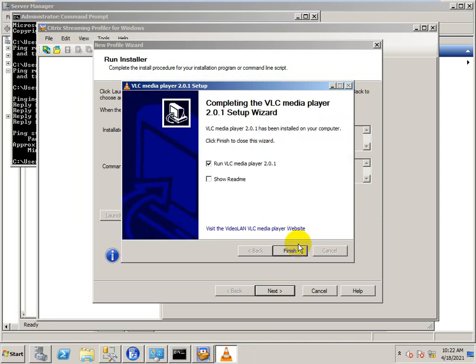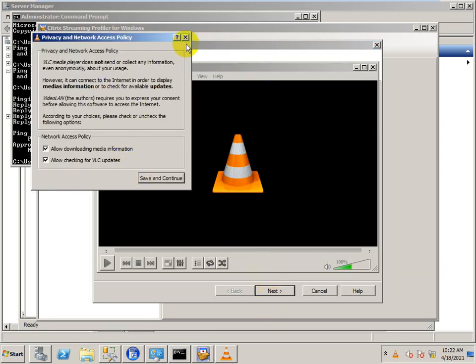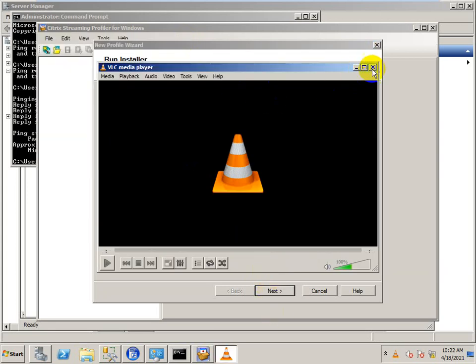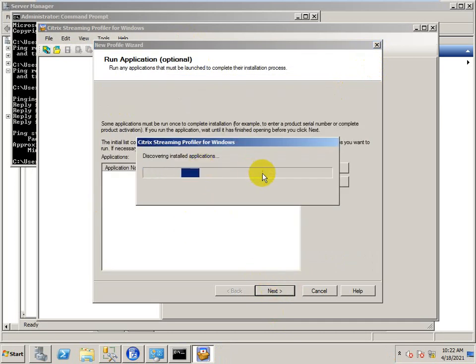After subtraction, we get only the application data, and using that it creates an application profile. Once I install this, it shows me these options. It's launching, and then next it will create.